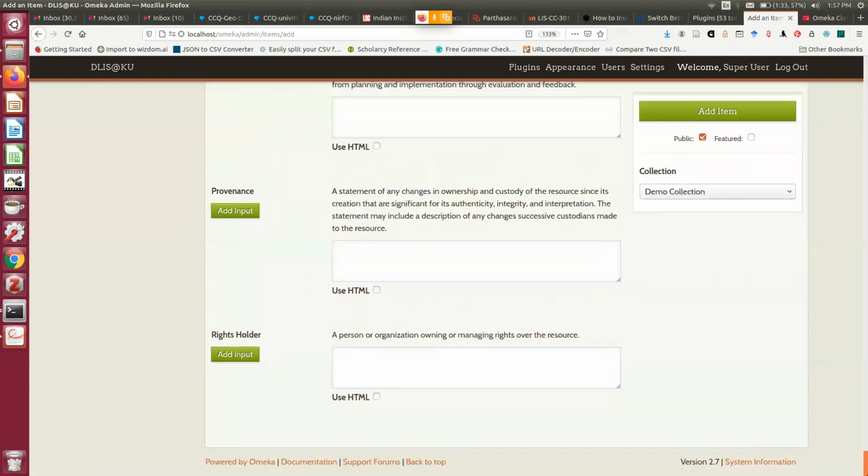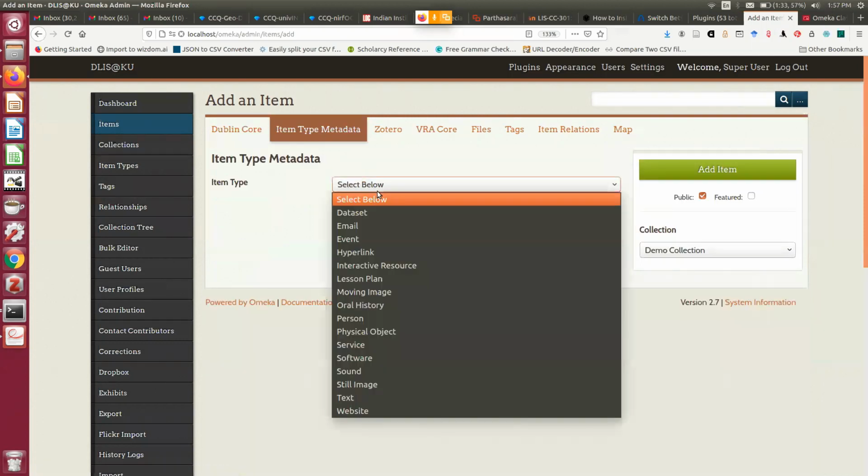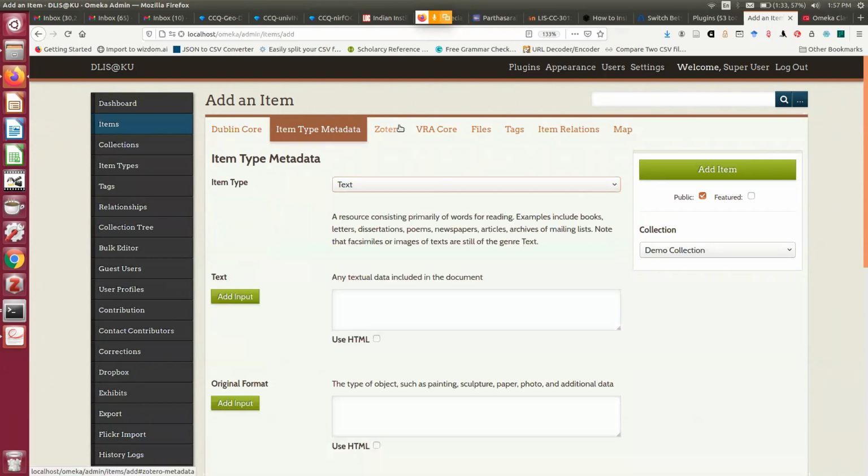These are all dc.title because you have selected Dublin Core metadata here. Then after your metadata is over, you can select item type metadata, what type of item it is. Suppose it's a textual object. Then in the textual object you can also give other specific details, what is the original format, what are the characteristics of the textual part, and so on.